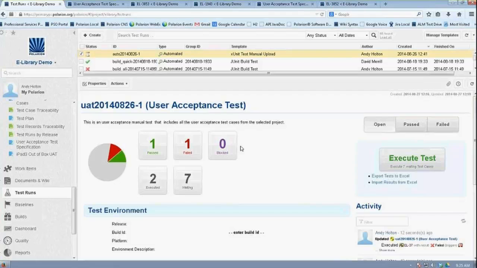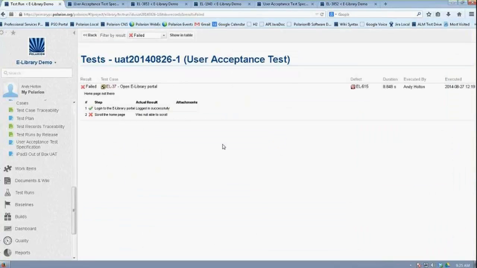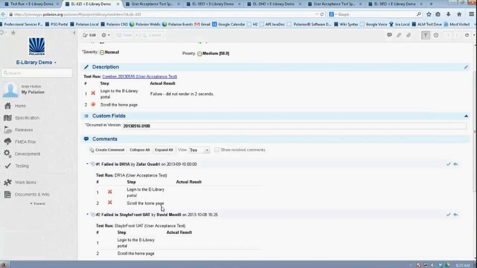Because now I know, look, if something failed, let's just get on this right away. We don't need to wait until everything else has failed in order to start working on this. One thing, too, is that there is a lot of automation that can be built into here. And one thing that we've done out of the box is automated the process of creating defects. What you'll notice is if I do fail a test case, it will create a defect unless there's one that already exists and is attached to it. In that case, it'll just push the information into the defect itself, and you will be able to see all